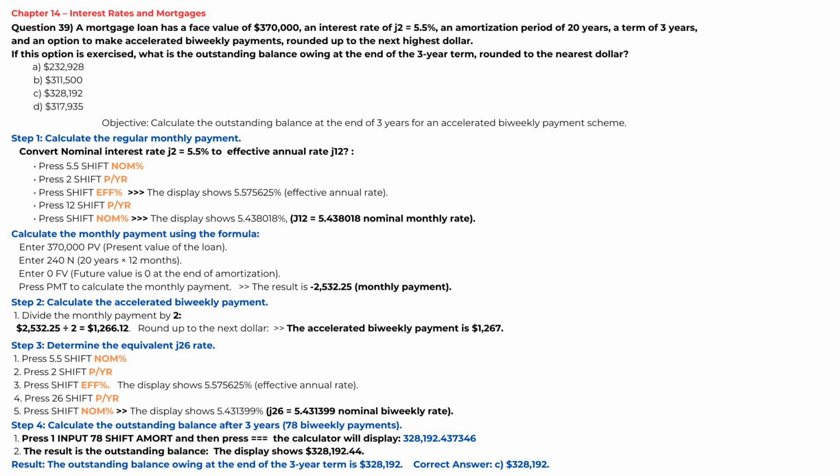Step 4. Calculate the outstanding balance after 3 years, 78 biweekly payments. Press 1, input 78, Shift AMORT, and then press the equal sign 3 times. The calculator displays 328,192.437346. Result: the outstanding balance owing at the end of the 3-year term is $328,192, rounded to the nearest dollar. Correct answer C,